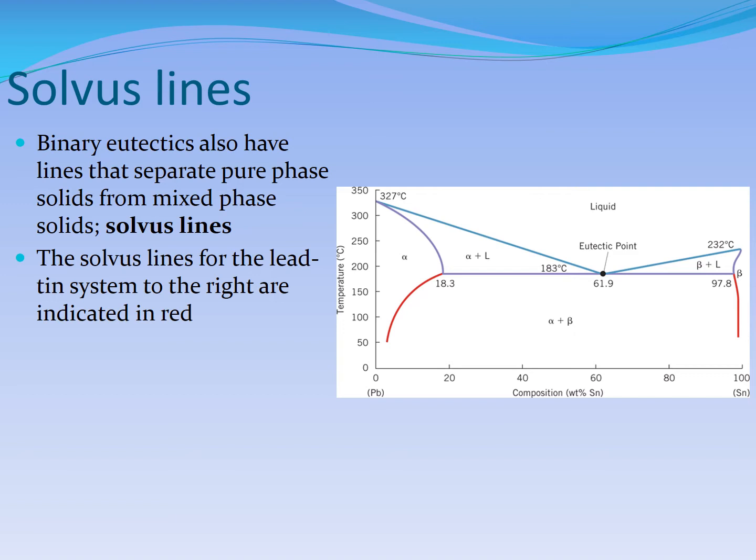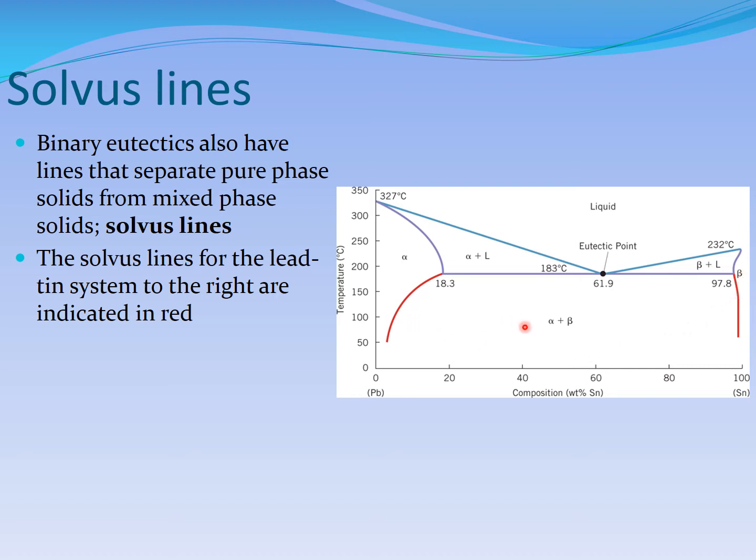Solvus line. You know that there is a liquid, so liquidus line, liquid, solid plus liquid, liquidus line, liquid, solid plus liquid line, right? But there is a solvus line here, which is not that above. You see here, this is liquidus, this is solidus, this is liquidus, this is solidus. But what about the red line here? Above it is not liquid plus solid. Above it is one solid, below it are two solids. What about the red line here? Above it is one solid beta, below it are two solids alpha plus beta.